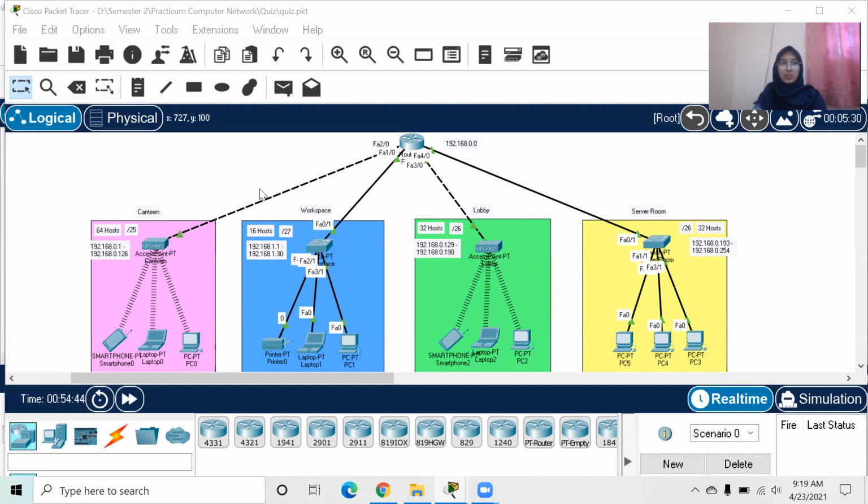We use the subnetting model via VLSM, so we arrange the network from the most host amount. So the arrangement is canteen, lobby, server room, and workspace. And this is the IP address from the router, 192.168.0.0. From this IP and the subnet mask from each network, we can define the network address, broadcast address, and also the IP range. I already wrote down the IP range for each network,